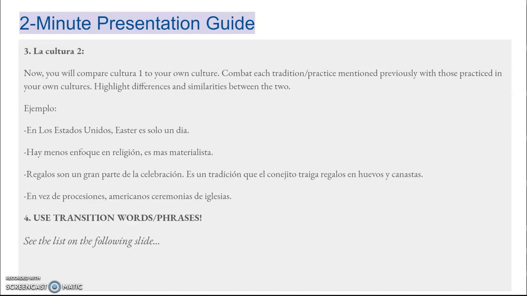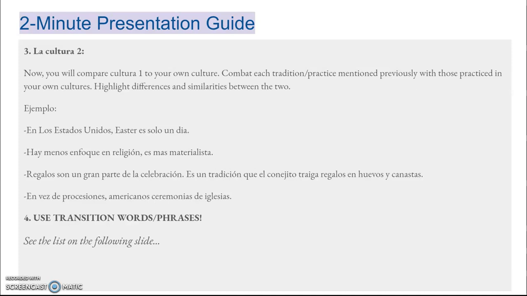Es una tradición que el conejito traiga regalos en huevos y canastas. Because that's a pretty big part of Easter in America, because previously I talked about processions in España and how that was a big part of it, so I thought it would be good to bring up the Easter Bunny